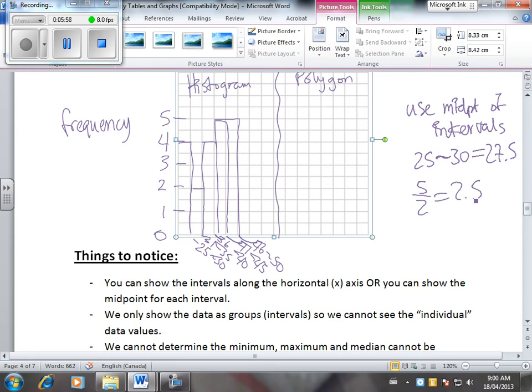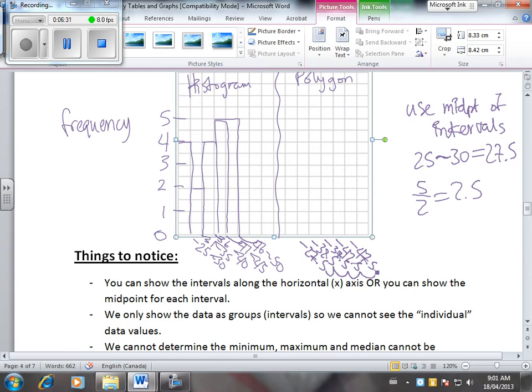So here we'll start here. We have 27.5, 32.5, 37.5, 42.5, and 47.5. And you'll notice that they all go up by 5 too. So there's 5 between 27.5 and 32.5, and there's 5 between each of those, which is good because our interval